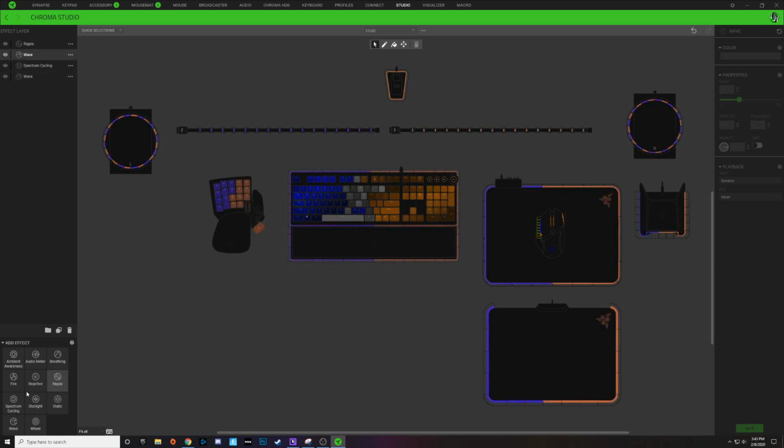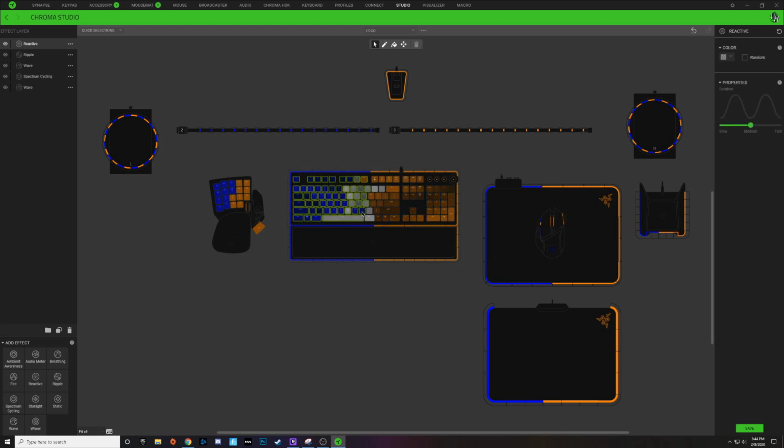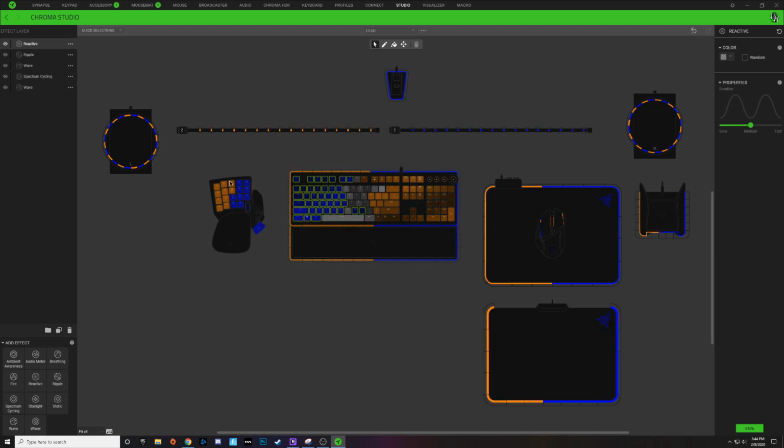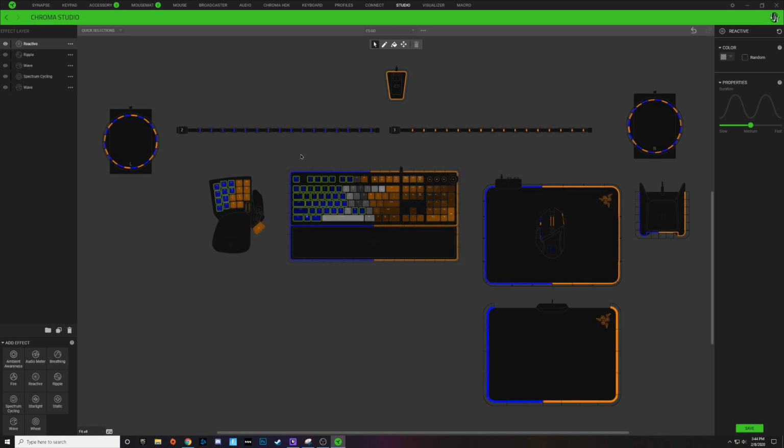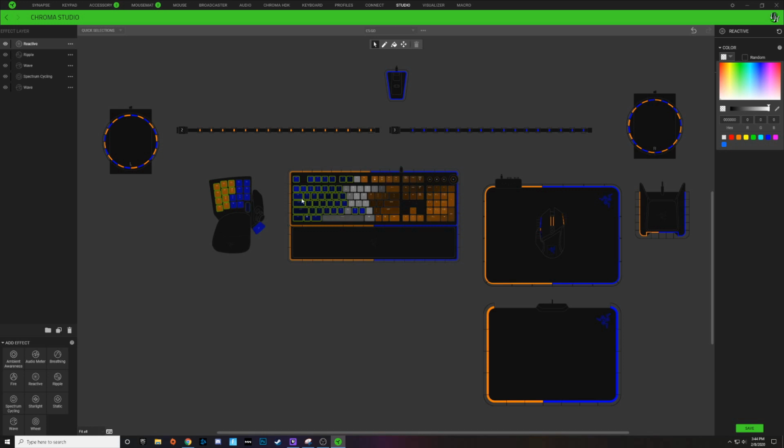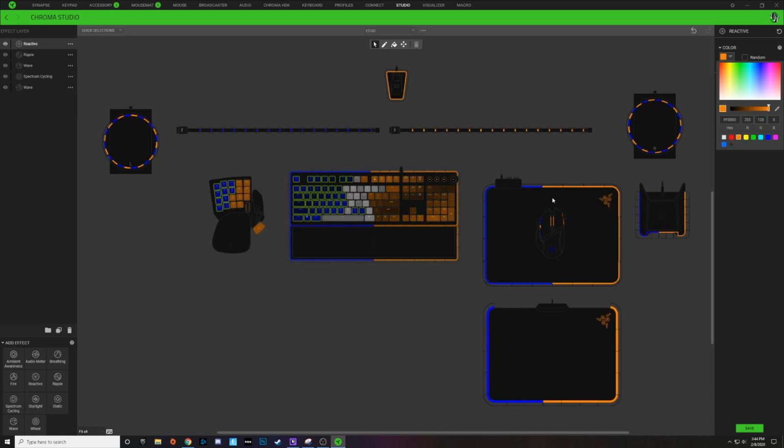So we're going to click on the reactive layer to add that. And I'm going to select the blue section of my keyboard, just like this, and then also the left side section of my gamepad. And I'm going to click the color, and I'm going to make this the opposite of what I have on the left side. So if you have orange on the right side, choose orange for your reactive effect on the left side. So I'm going to choose orange for the blue, hit save,